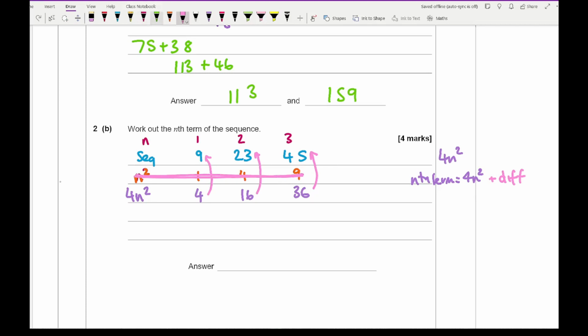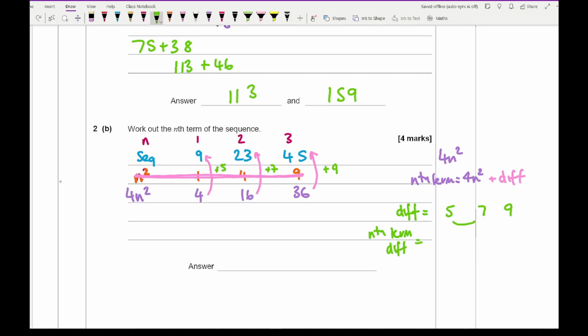So looking at the difference between those two, I've got plus 5, plus 7 and plus 9. So then the difference has got a formula of 5, 7 and 9. So I can then work out the nth term for this. So the nth term for the difference